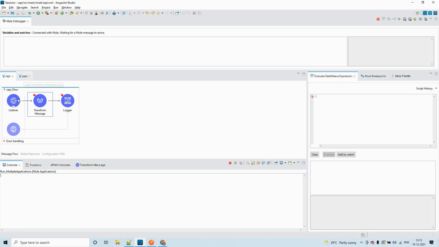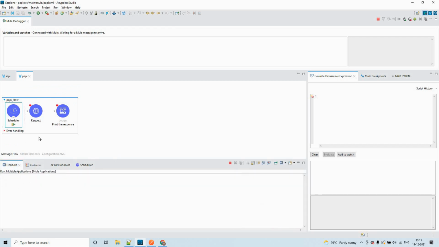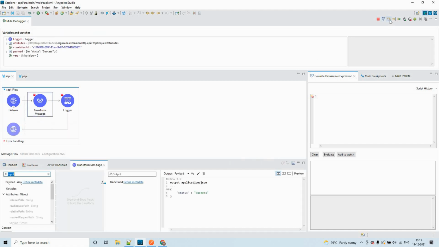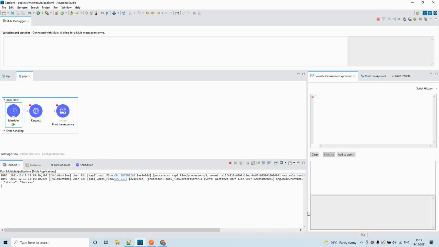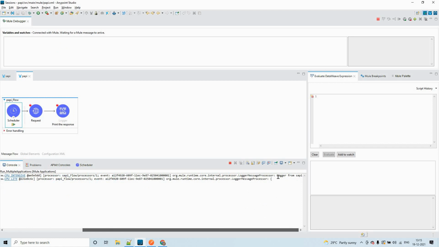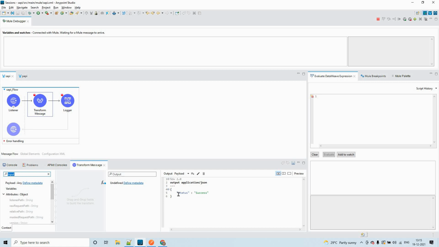I have configured the scheduler frequency as 30 seconds. So next time, let us click on next very quickly so that we don't get any timeout error. See, we got the response, right? Logger from SAPI. First the request is sent from PAPI to the SAPI, and we are setting this payload.